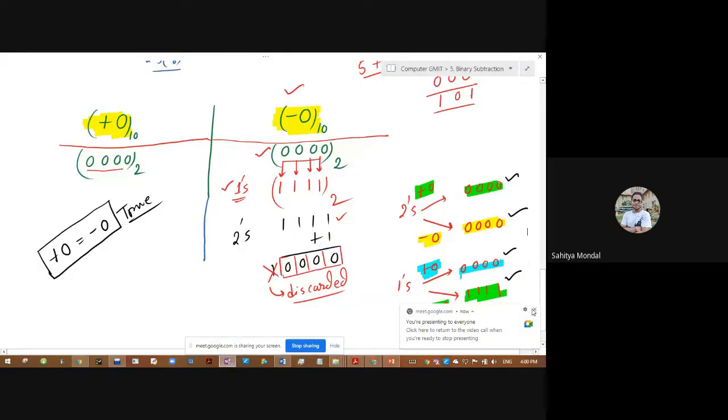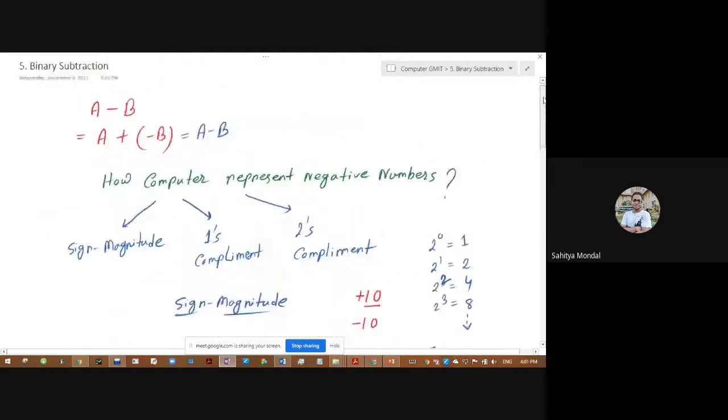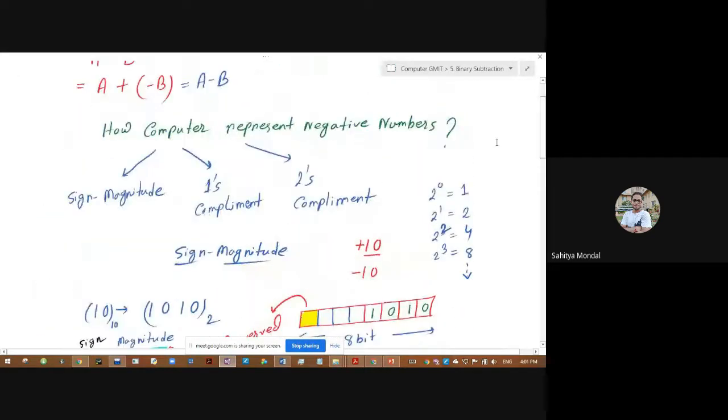Okay, now this is the reason that all modern computers use two's complement methodology, right? Any question or discussion? Three methodologies: sign magnitude, ones, twos. So computers run on two's complement methodology. এটা আজকে থেকে মাথার মধ্যে রেখে দাও।